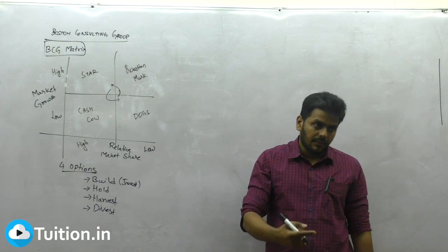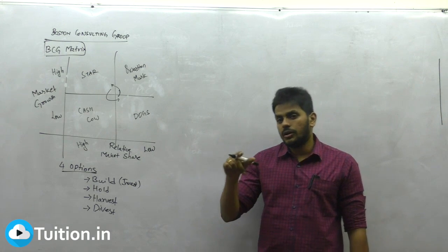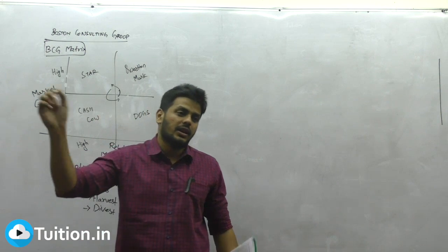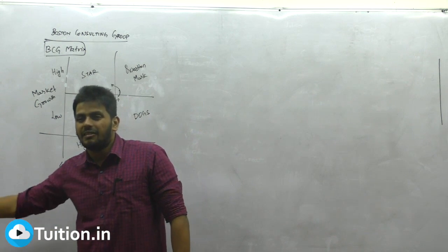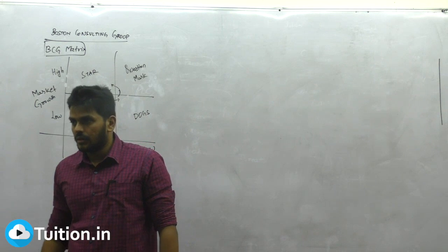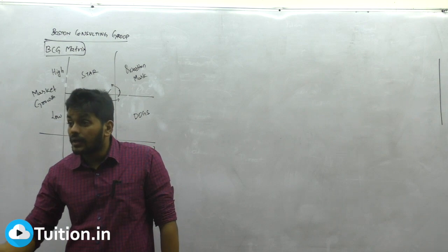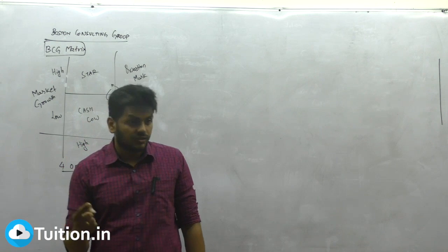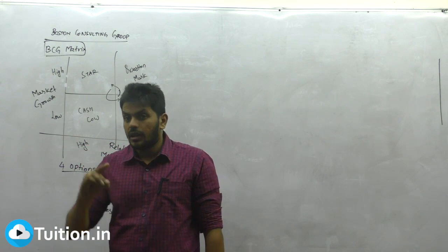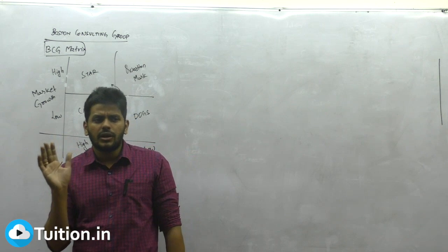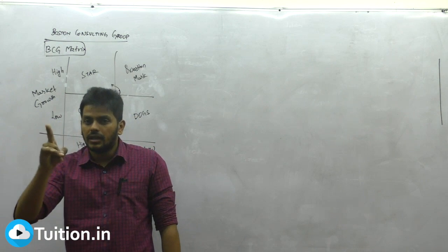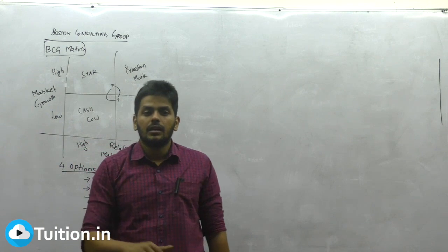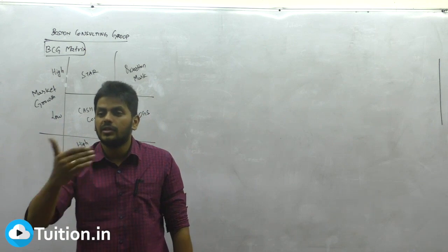Try building for some time. See, and one more thing is there. If you have a cash basket next to you and you keep investing in a question mark, one day if you put your hand in, nothing will be there in the basket. Cash trap. Without knowing where that product is taking you, you went on to invest into a question mark. It led to a cash trap. We shouldn't be in that position. So when you keep investing and it's not giving you any signals, it's an indication that, okay, I think it's time. Let's not divest, but come out of it. Slowly harvest. Pull back all our money slowly.